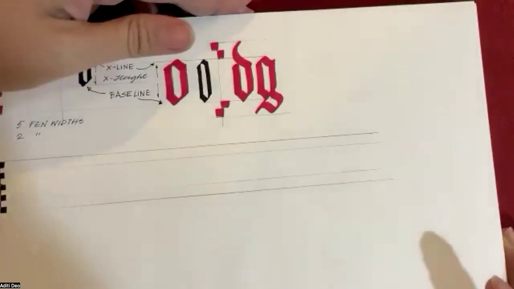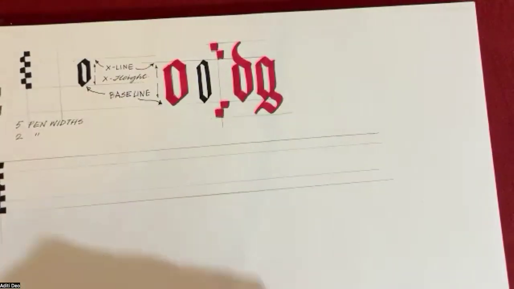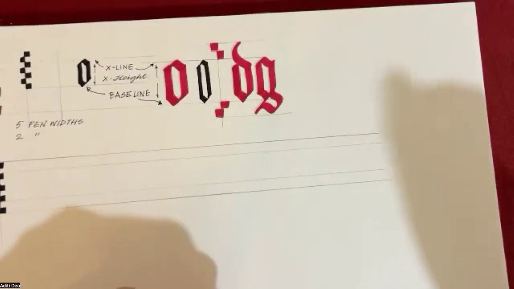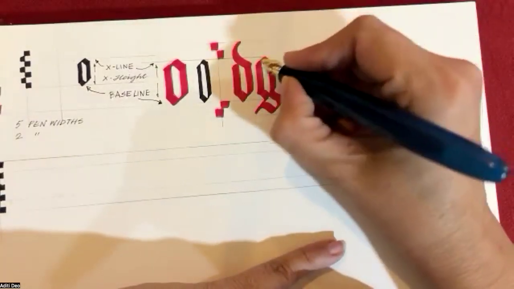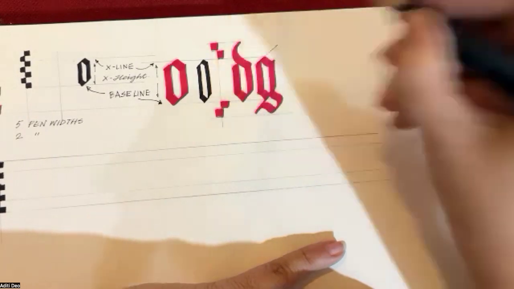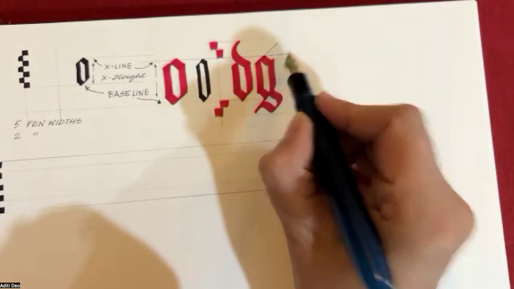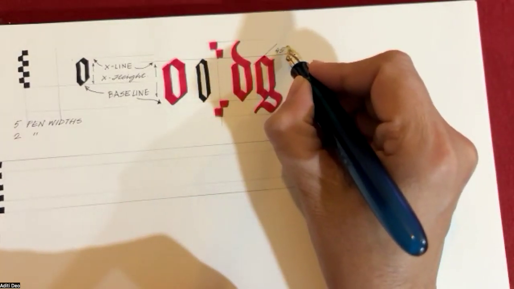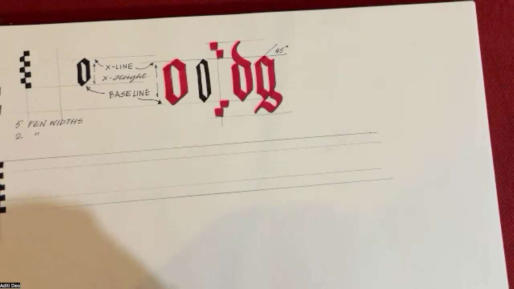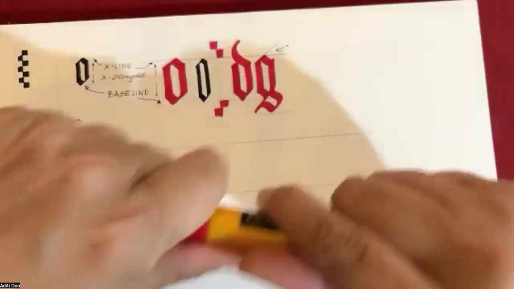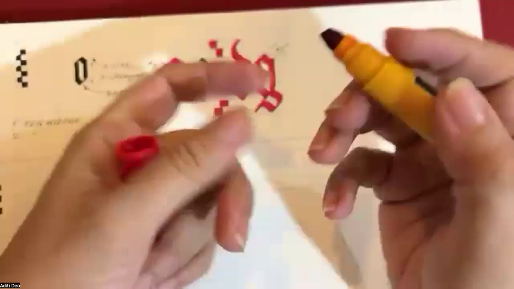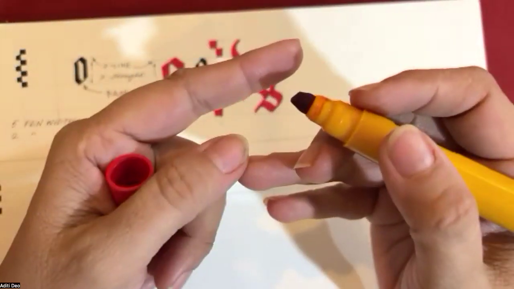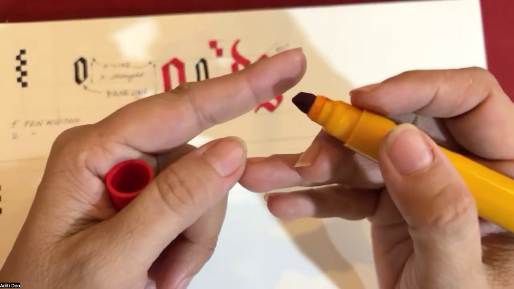And the first thing we have to do is to know how to make this line. So when working with a broad edge pen, the trick is to maintain a particular angle at which you hold the pen, and that angle is somewhere around 42 to 45 degrees. So if you're working with a chisel pen like this, then this is already at an angle. The pen tip is already cut at an angle.